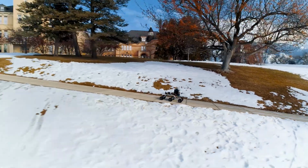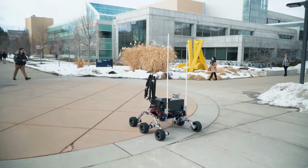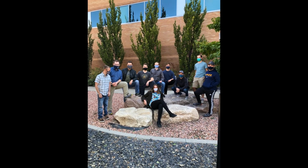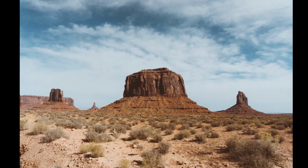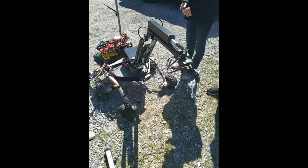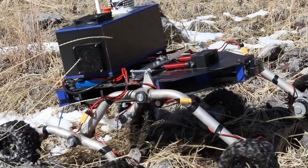The University Rover Challenge, or URC, is the world's premier robotics competition for college students. URC is held annually in southern Utah, where teams come from all around the world to compete in 4 distinct missions. The missions include the Science Mission, the Extreme Retrieval and Delivery Mission, the Equipment Servicing Mission, and the Autonomous